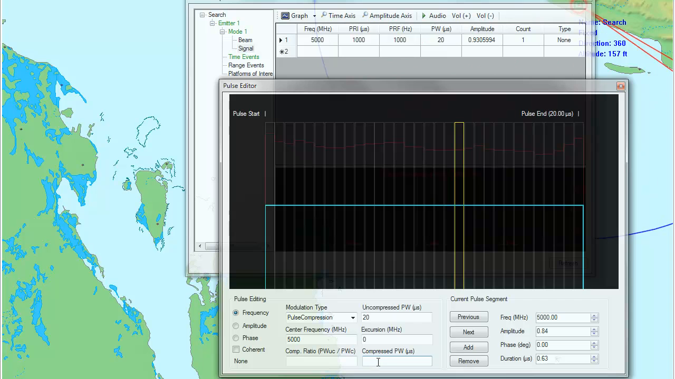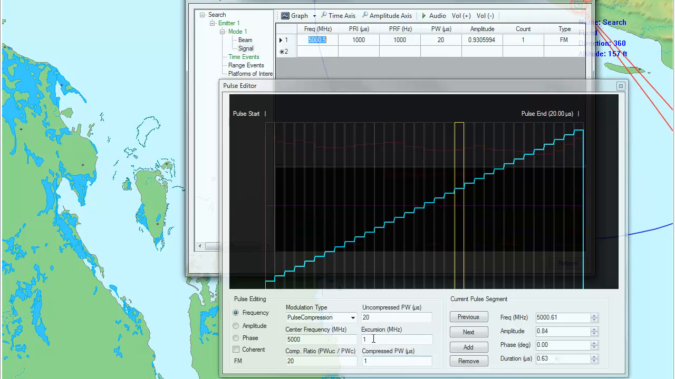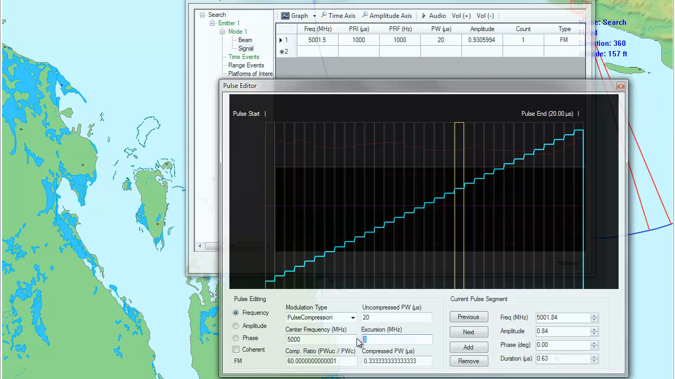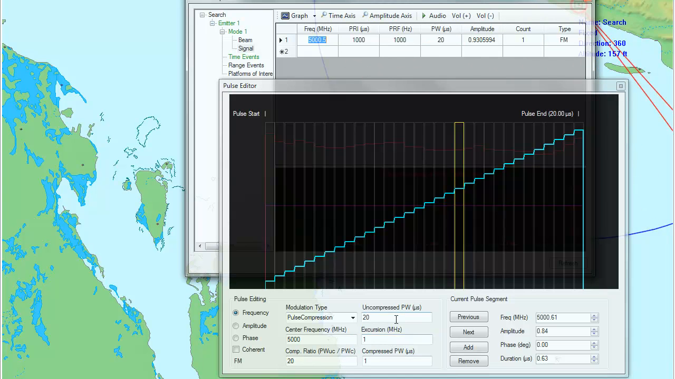If I do set a value in compressed pulse for 1 microsecond, I will get a compression ratio of 20, an excursion of 1 megahertz. If I change the excursion to 3 megahertz, it will change any of the other values, compressed pulse width, or compression ratio of 60. I'm going to leave this at a 1 megahertz compression